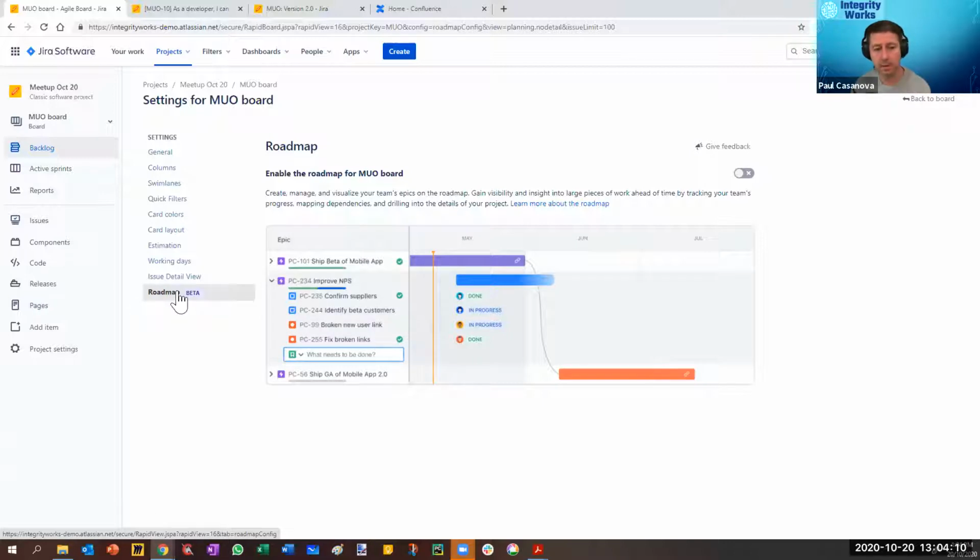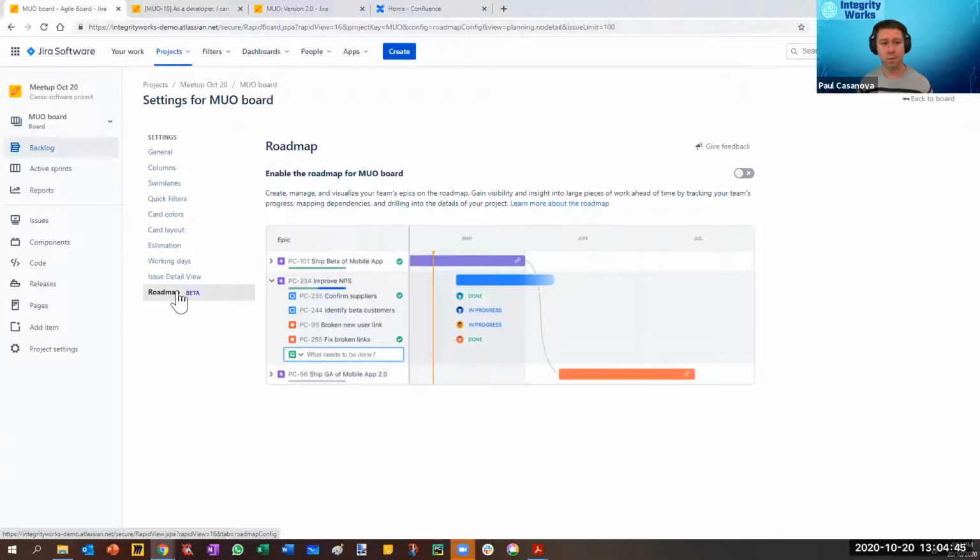You're right, Ankit. Roadmaps initially were released for next-gen projects. Personally, I didn't like next-gen projects much because they were lacking a lot of functionality. The idea of next-gen projects in Jira was to enable people to do their own configuration, so they didn't need to wait for a system administrator and that sort of thing. But the amount of configuration they can do is kind of limited. So I like the power of the classic projects where you've got a lot more control over workflows and a lot more granular detail that we've been through in some of the previous